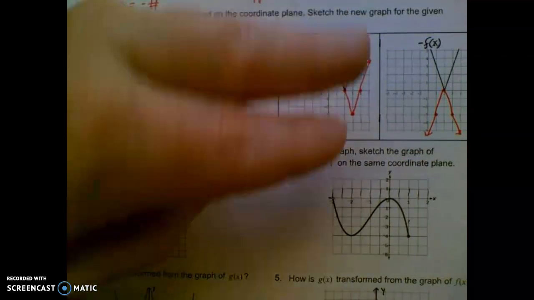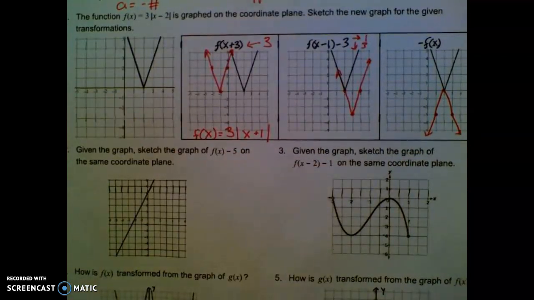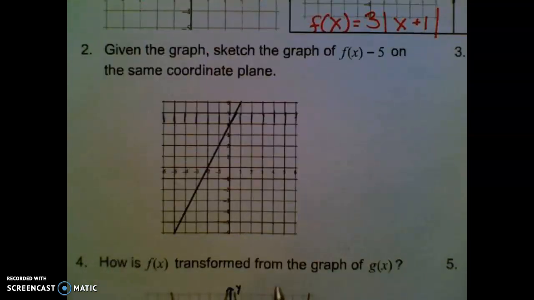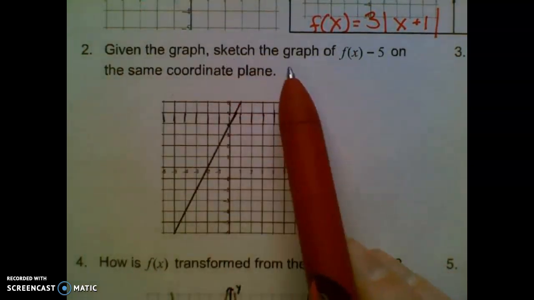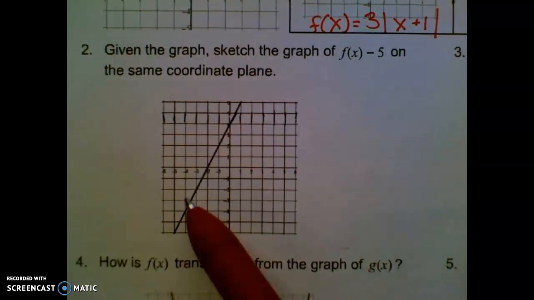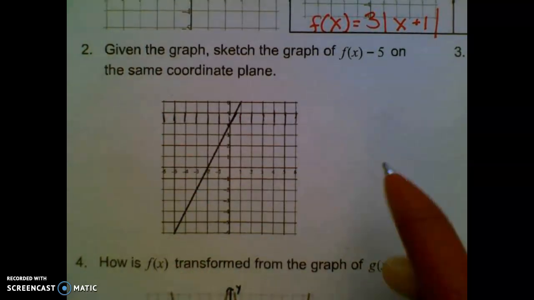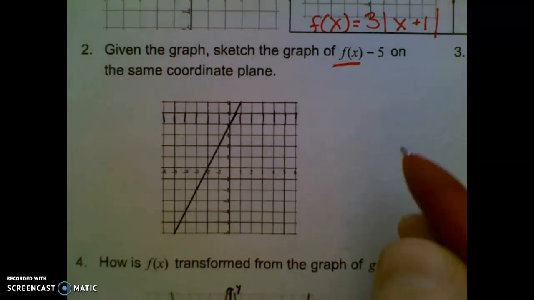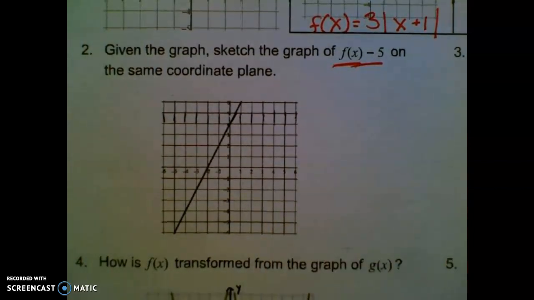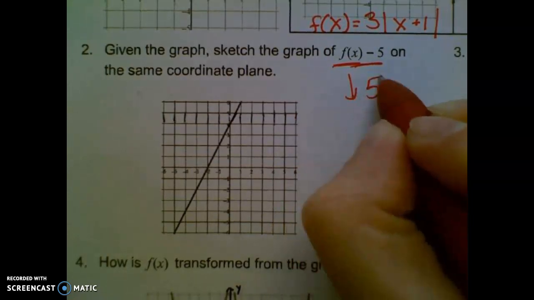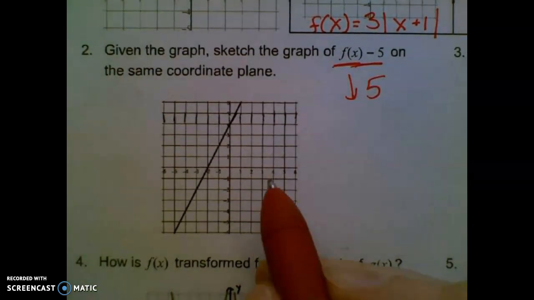And I have reflected that function over the x-axis. All right, given this graph, sketch the graph of f of x minus 5. So I have some function, it has its own line equation, we could figure that out, but I'm just saying take the function I gave you and then do this to it. So f of x minus 5 means move my entire function down 5 units, so just move everything down